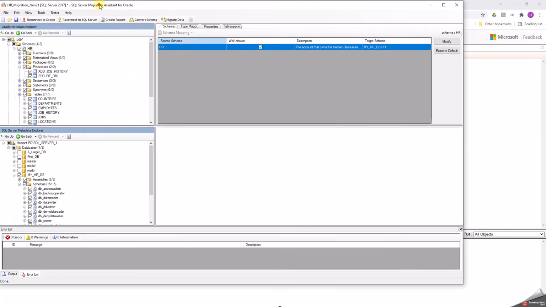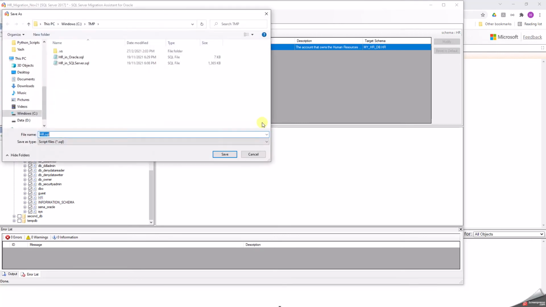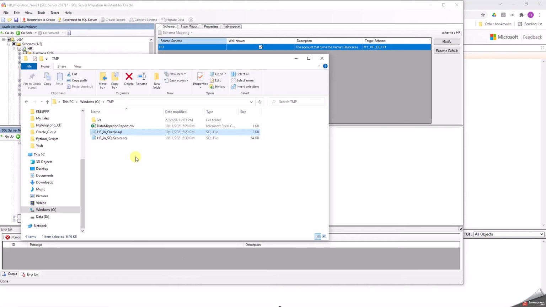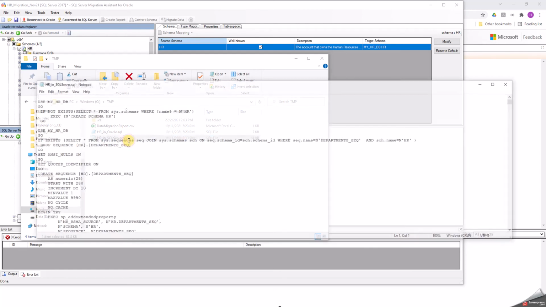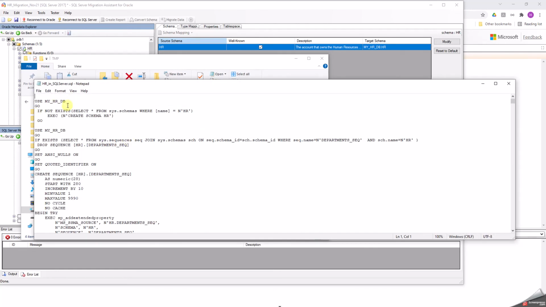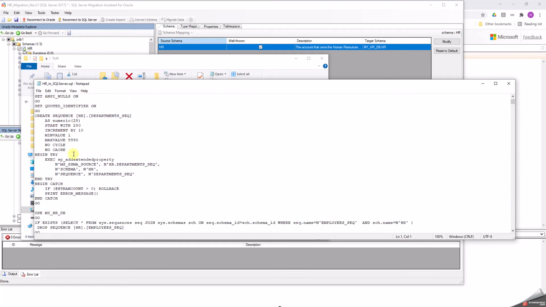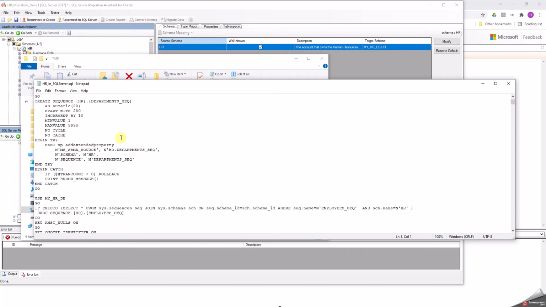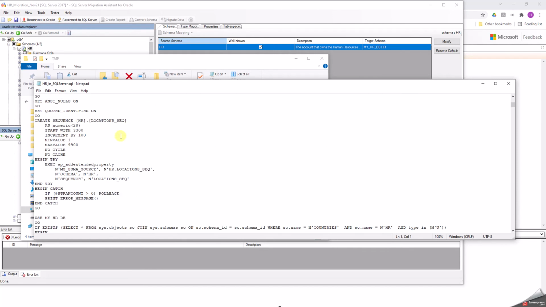Then I must also look at what SQL Server code I would get. So I go back to my HR schema in SQL Server and say save as script. If I look at my HR schema in SQL Server, it's going to use my HRDB and run all of this to recreate the objects in SQL Server, to map from Oracle.